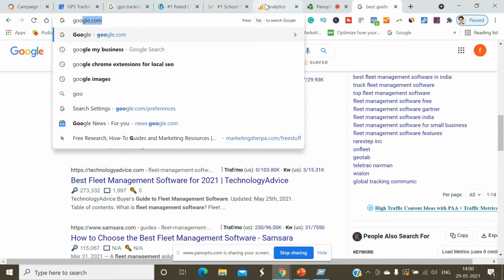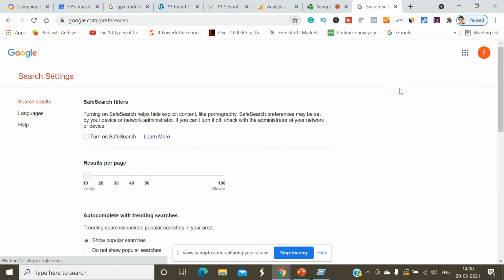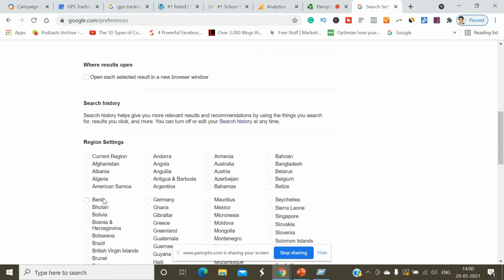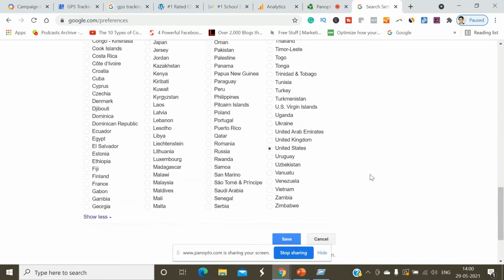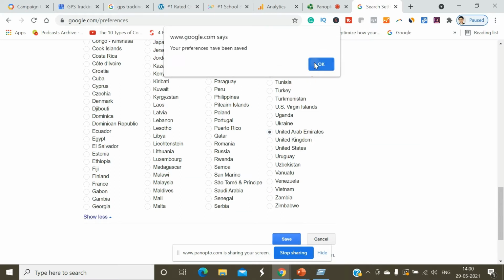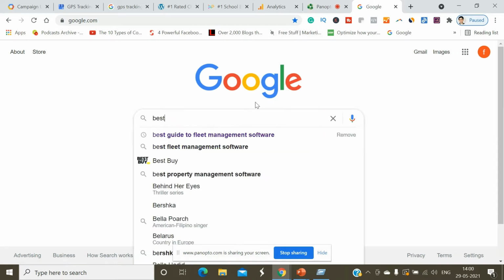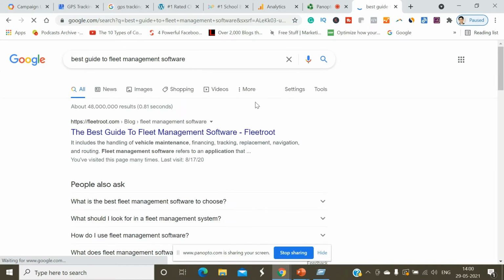I go to google.com backslash references. Show you some examples. I'll type best guide fleet management software.